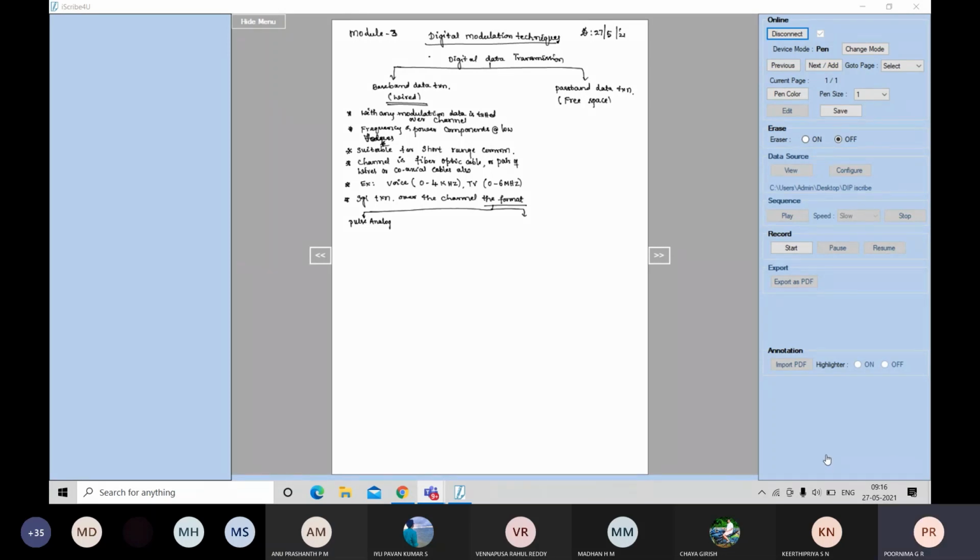Yeah. Now if you go for this signal transmission, baseband signals or the channel transmission, when you start, it can be pulse analog communication, pulse like you can transmit, or